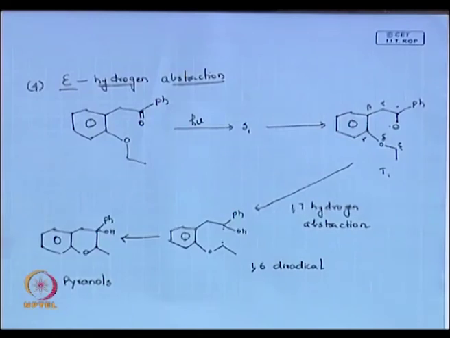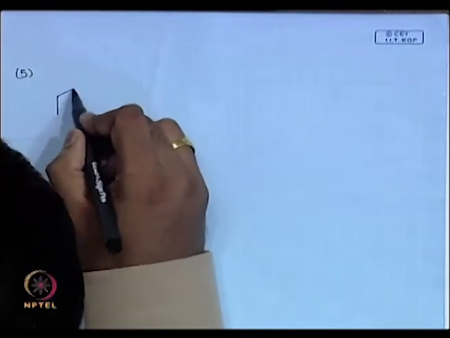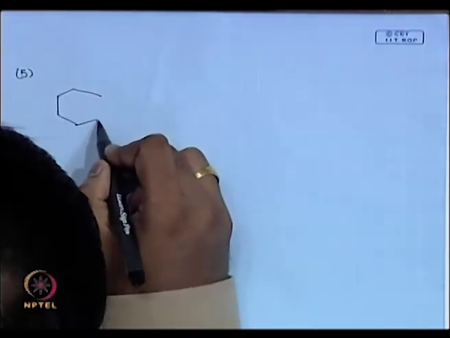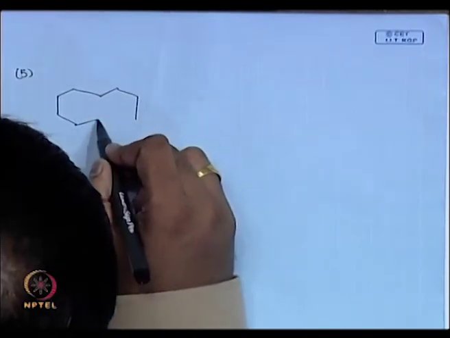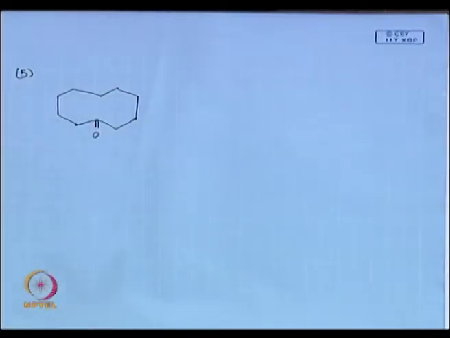I like to do this example. I will give you some time to try this example. This is a very good example. See how many can get me the product. Okay. Just try by yourself. Given you a type of cyclic ketone, okay, but acyclic ketone type of cyclic, sorry, it is not an aromatic.